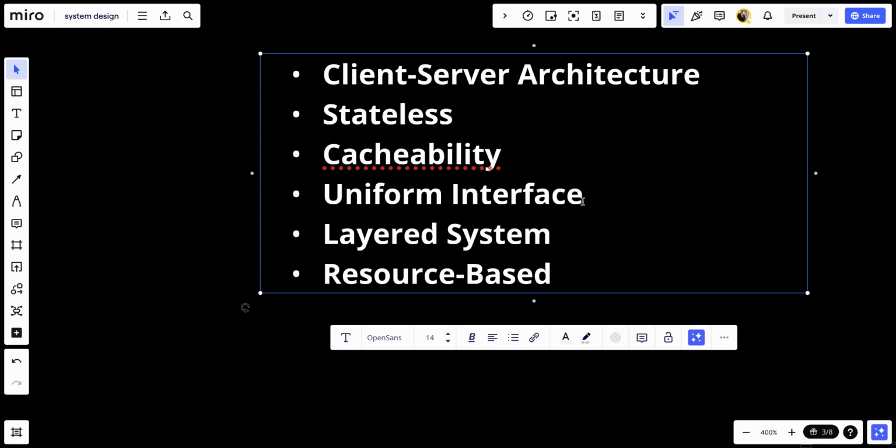These characteristics define the essence of RESTful design and contribute to its widespread adoption for building APIs that are easy to use,